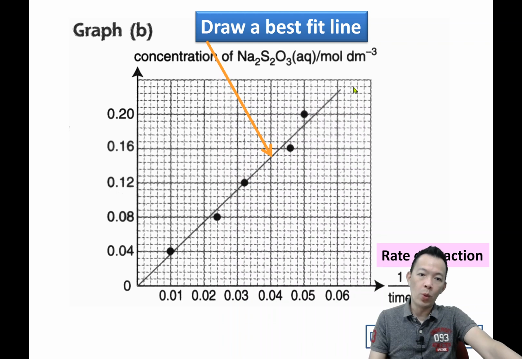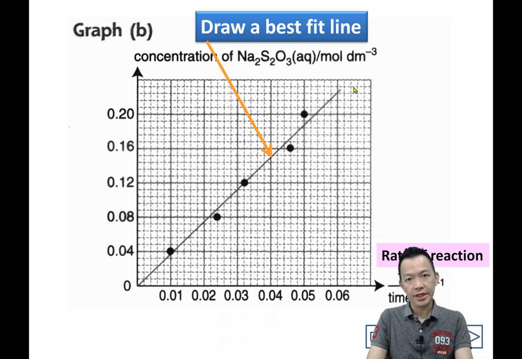So 1 per time over the concentration. The graph 是这样子画的。